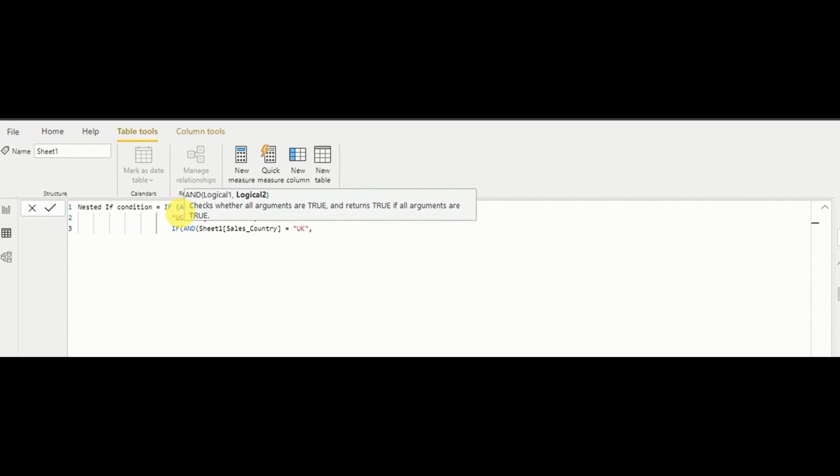The next logical test is Sheet1 profit should be greater than 2000, and then I can say "UK target achieved".